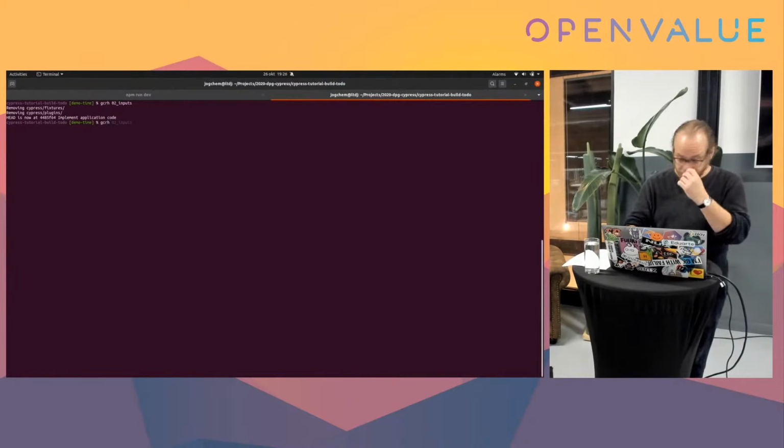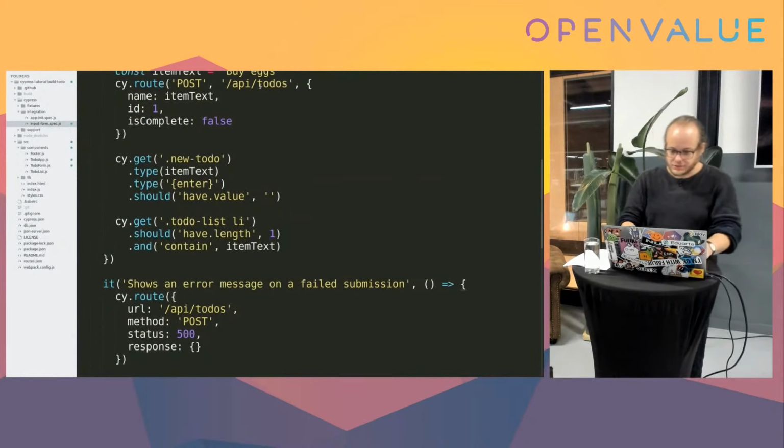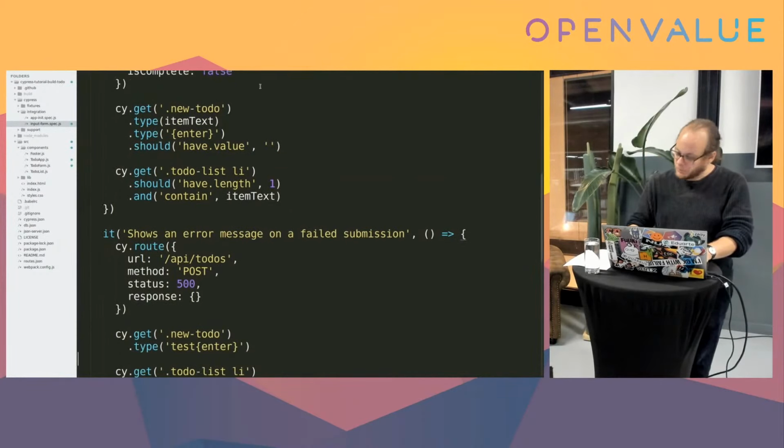So now we're going to continue to checking that the app loads correctly, because of course there might already be some to-do items in the database, and we want those to show up. So we're going to create a new